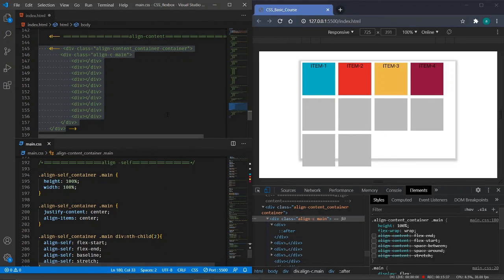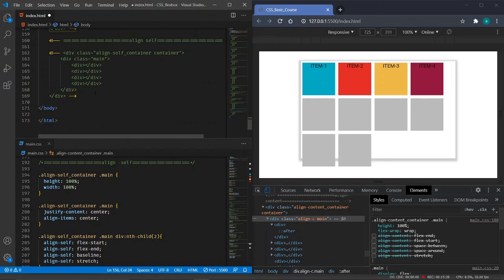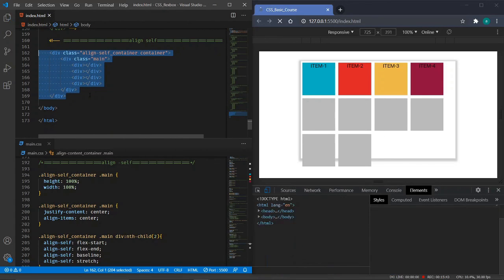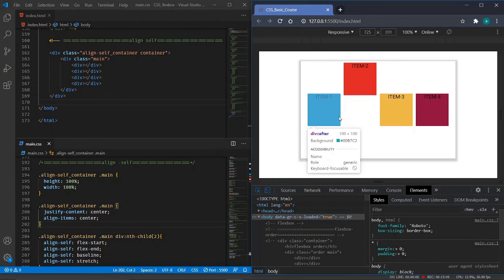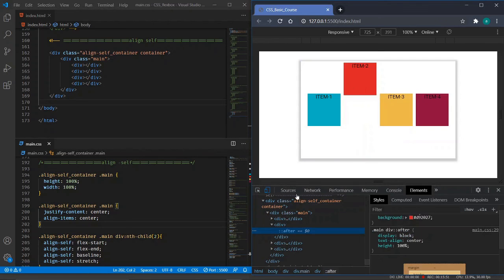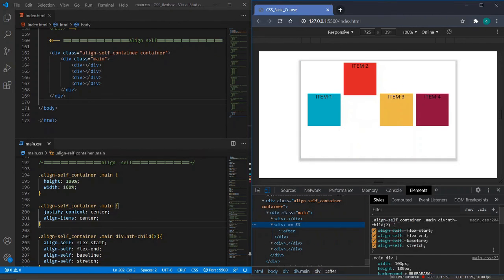And last but not the least, we have the align self. If you want to have the alignment of a particular child, we can do that also. As you can see, we have aligned item 2, we can align that.